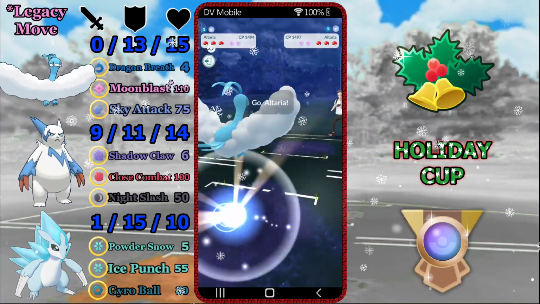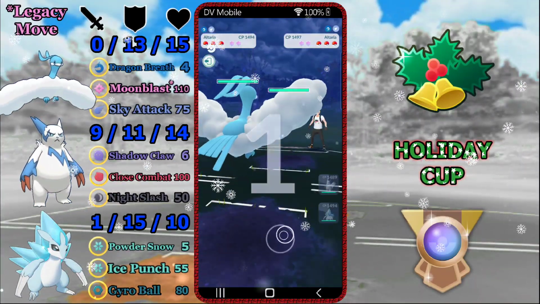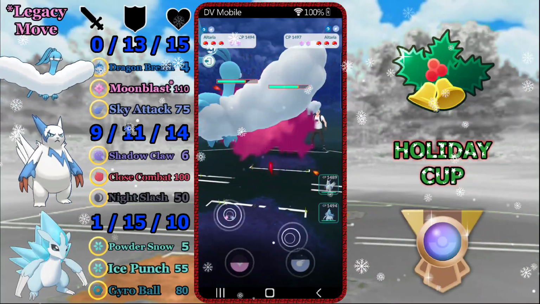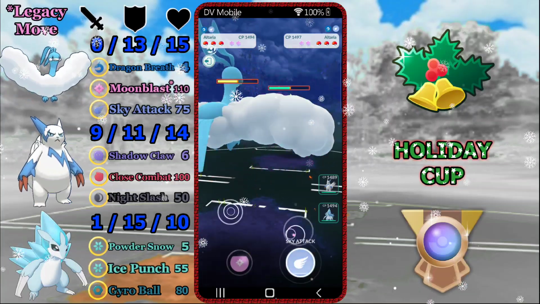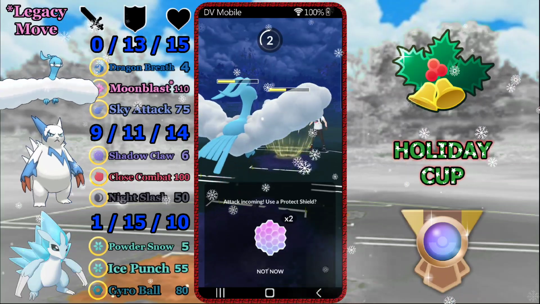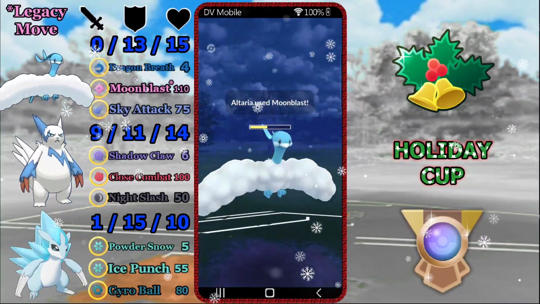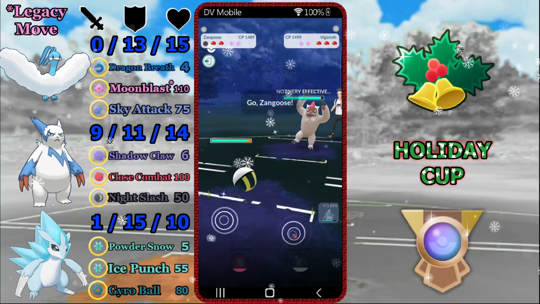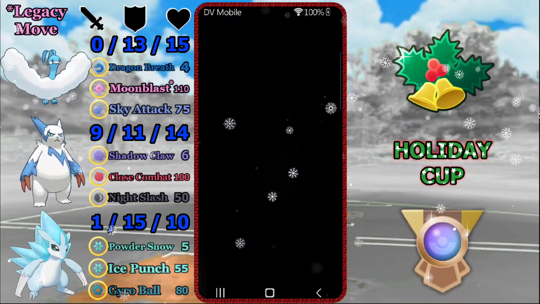Okay, the next matchup is an absolute masterclass in how not to play this team. We've got the Altaria mirror match, which isn't particularly bad for us, and we're just going to build up energy, and we're going to lose CMP tie when we go to throw the Moonblast. And we figure they're probably just throwing a Sky Attack, we'll survive through our move, and we don't. And it's a Moonblast, it takes us out,